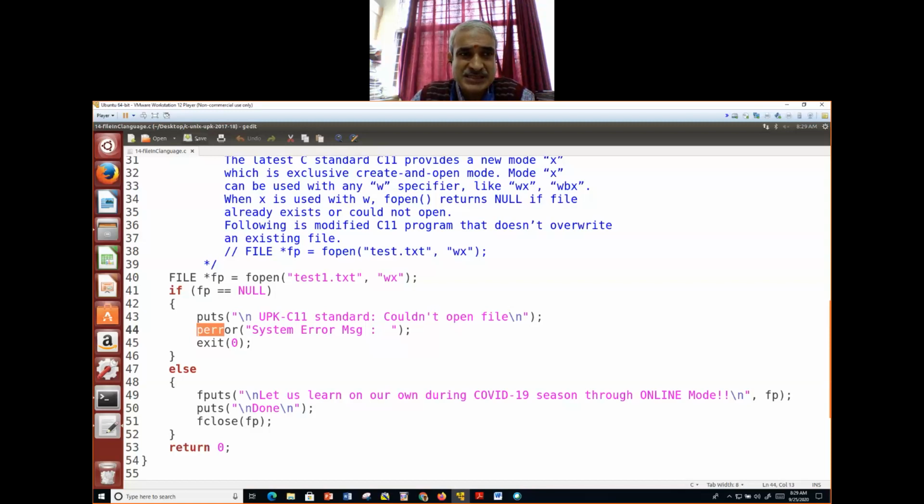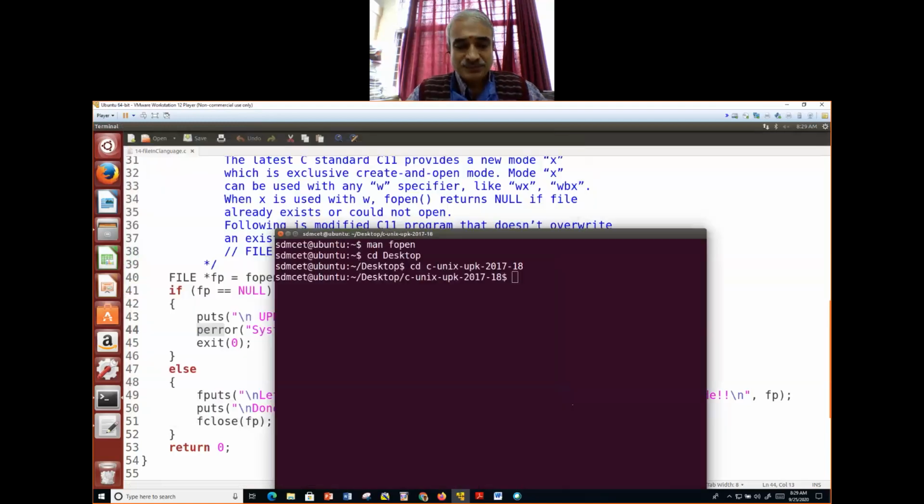When you make any changes, please make it a point to save the file. Now I'll compile with cc. I only wanted a.out, so I don't give any name, but it is not a good practice. The file is File in C language dot c.